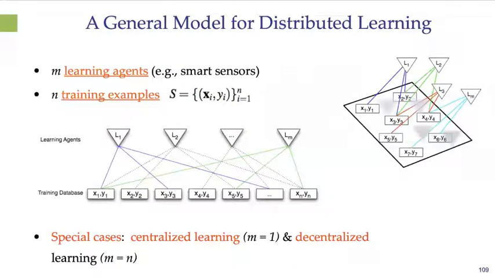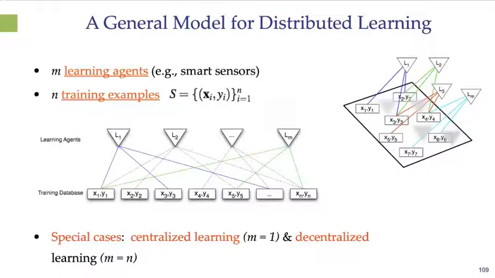So to talk about decentralized machine learning, first of all, I want to back up and look at a general model for distributed learning. This model involves looking at learning in terms of a bipartite graph. One part of the graph consists of training examples or exemplars. A training example is basically, if we're trying to train a model, we have input to the model X and output of the model Y, and we have examples of those inputs and outputs, and we'd like to do something to train the model that maps X into Y.